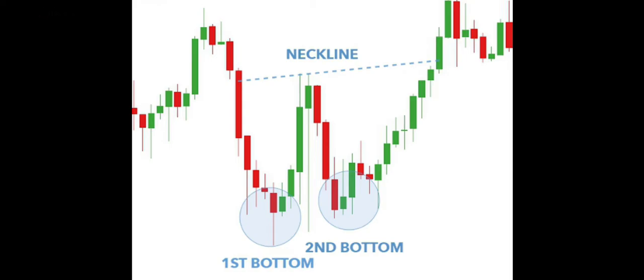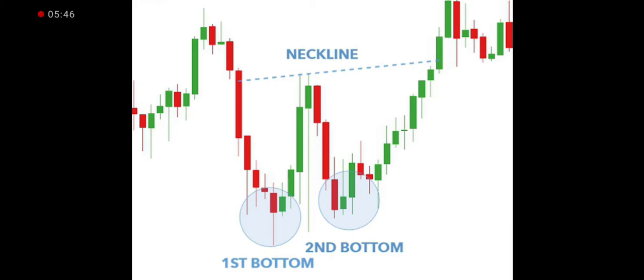The double bottom, which is also known as the W pattern. If you can see here, the market was initially coming down. The market was impulsing to the downward side, and it got rejected and went up, creating our first bottom. And the market rejected again and came to the downward path, trying to break the other left region of the W pattern,